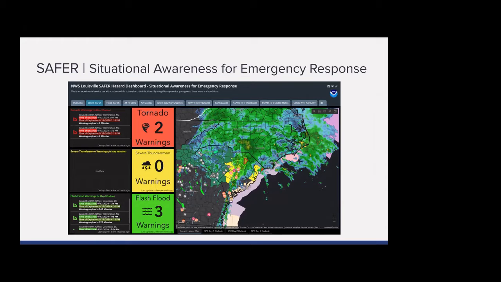Since then, it has gained popularity across much of the agency, and a lot of offices, such as us here at Louisville, have started creating and customizing our own versions of SAFER. Basically, SAFER was created to be a multitude of tools and data sets that can be used to rapidly analyze and assess different weather hazards, all the way from the big national picture down to